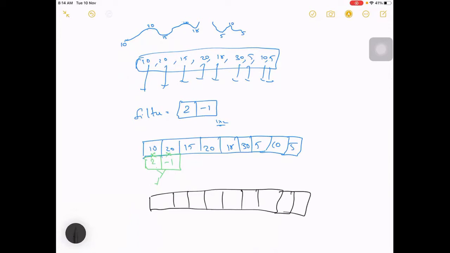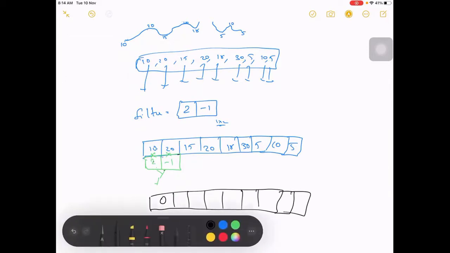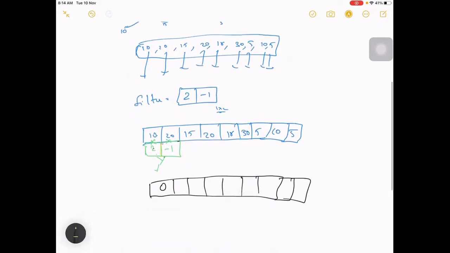So what will be the value here? 20 minus 20, which is 0, right? Now you can move this window. This is your window, and you move it here. I'm not skipping anything.